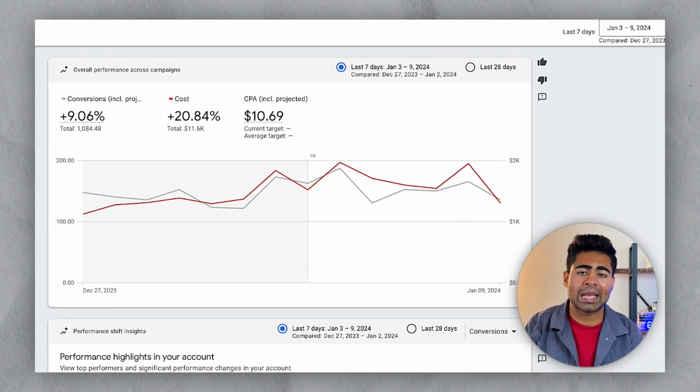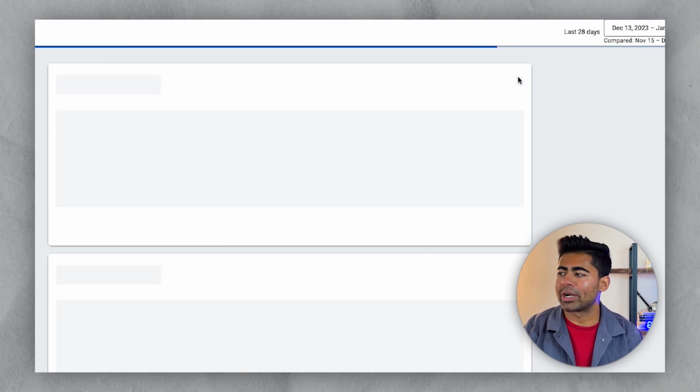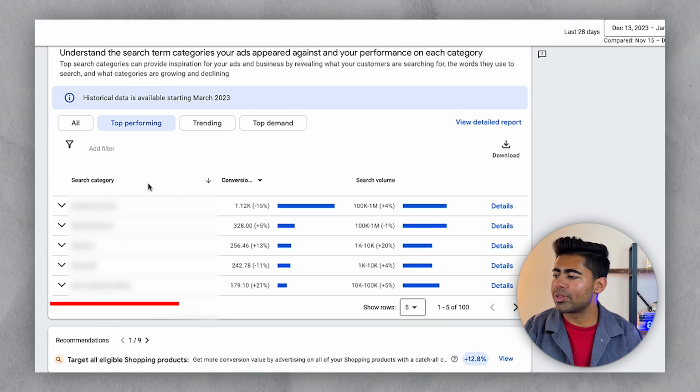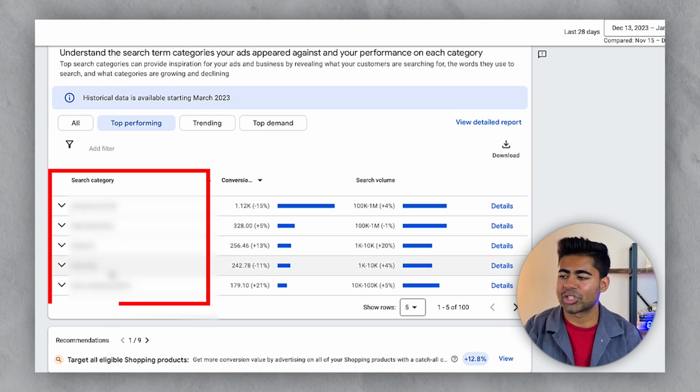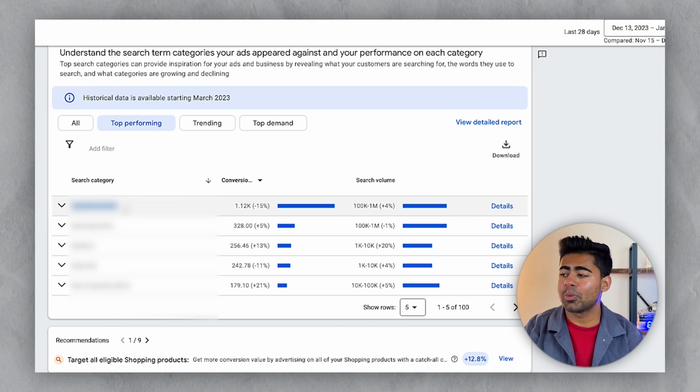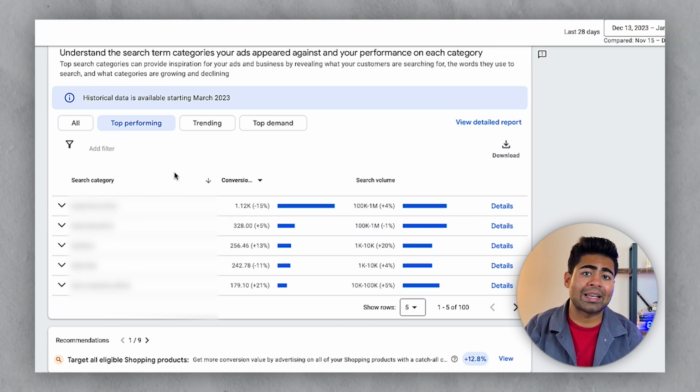But I like to look at the last 28 days just because I want to look at more data to begin with. And when you choose that option, you want to scroll all the way down until you get to this section right here, the keyword section. Now, for security reasons, you're not going to be able to see what keywords are ranking here. But for your own brand, if you see that your major keyword at the top is your branded keyword, like for example, if you are the brand Google,